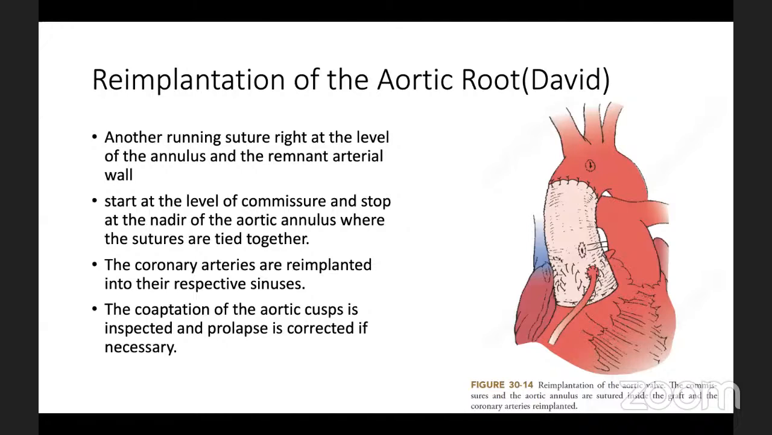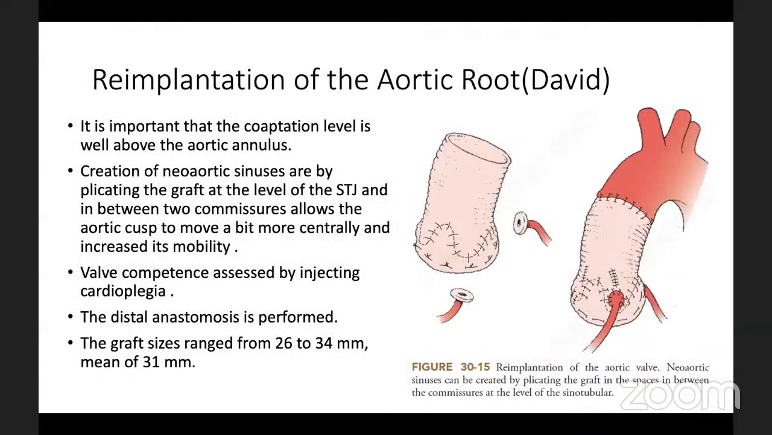Then you do a running suture right at the level of the annulus and remnant arterial wall, and it should be watertight. It is started at the level of the commissure and stopped at the nadir of the aortic annulus where the sutures are tied together. The coronary arteries are re-implanted into their respective sinuses, and the coaptation of the aortic cusps is inspected, and if there is a prolapse, it is corrected if necessary. It is important that the coaptation level is well above the aortic annulus,